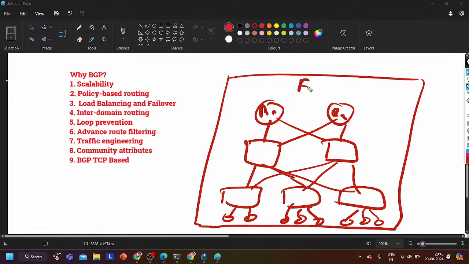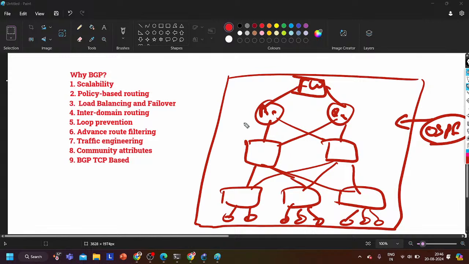I have some firewalls. This is my internal network, right? Here we should only configure the OSPF routing protocol. OSPF is faster than BGP, right? What is the use of OSPF, guys? OSPF finds the shortest path and the fastest path,